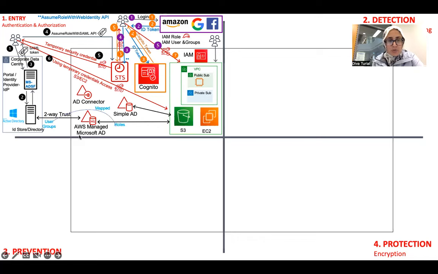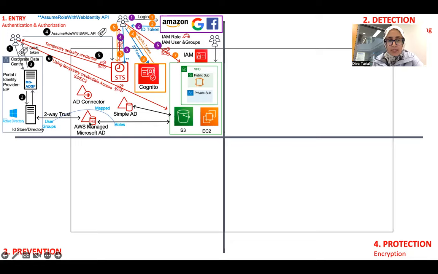What happens usually is we have roles on the AWS Managed Microsoft AD part, or on the AWS part, and then we have users and groups on the on-prem ID store or directory. Those users are given certain roles, and then they use those roles to do certain actions in AWS. So it's not that we have users in here.